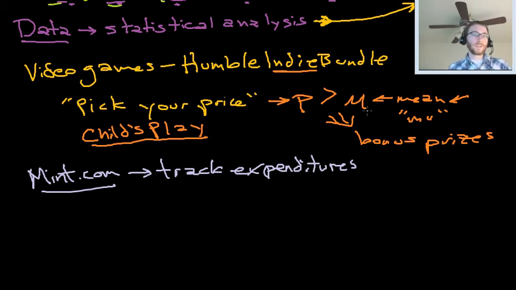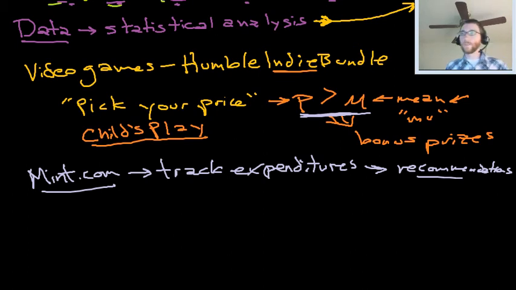Well, if your car insurance is a lot higher than the mean, it'll kick you to recommendations. It can take advantage of the sample that it collects to get an idea as to whether or not you're spending too much. It also calculates your average expenditures by category, and it can use that to help you make a budget, right? So if you spend $50 a month on restaurants, it'll tell you, hey, this is how much you spend on restaurants. Either put it in your budget or try to drive that average down.